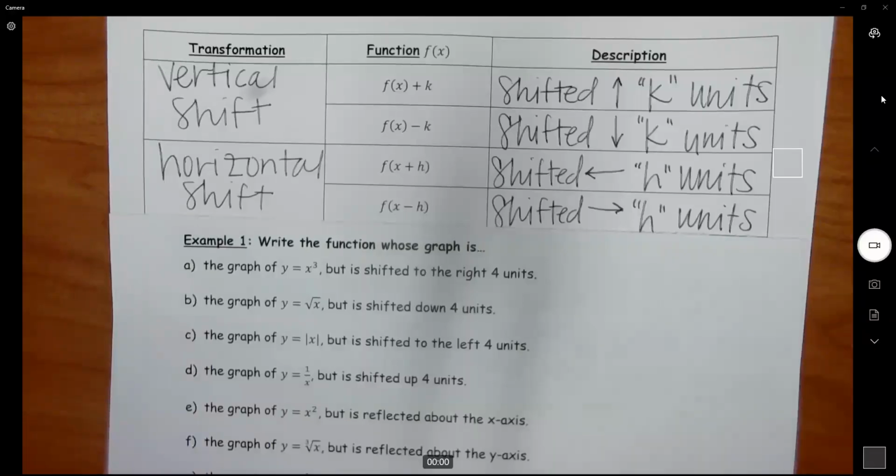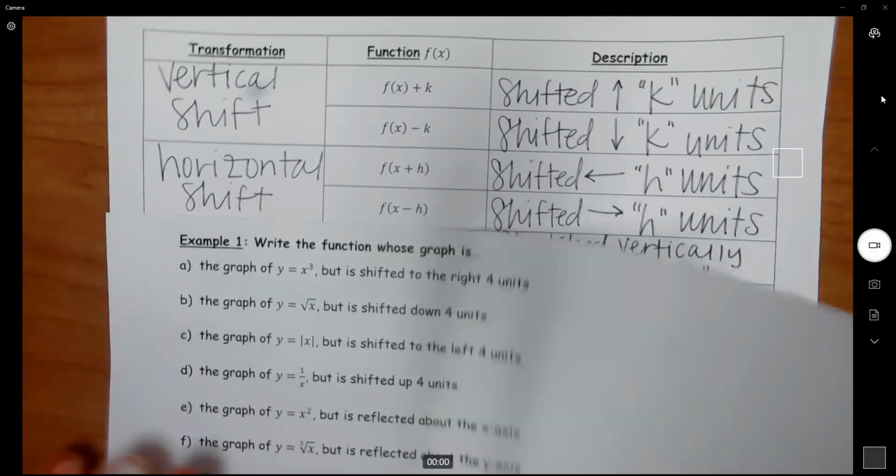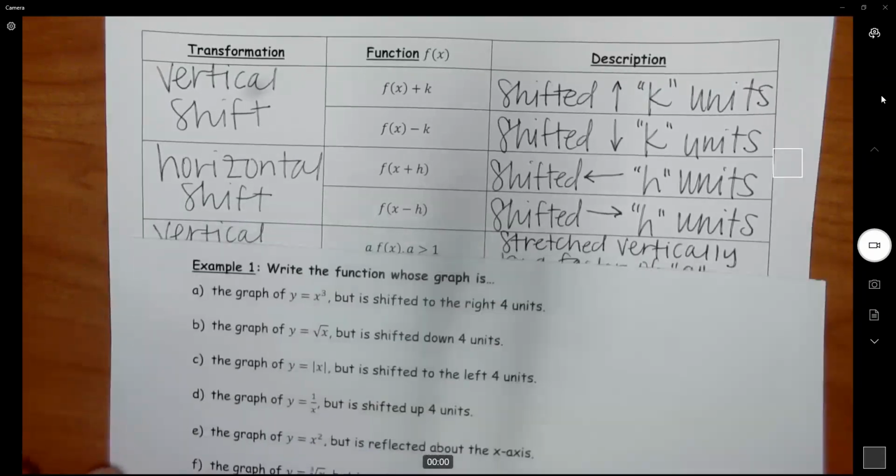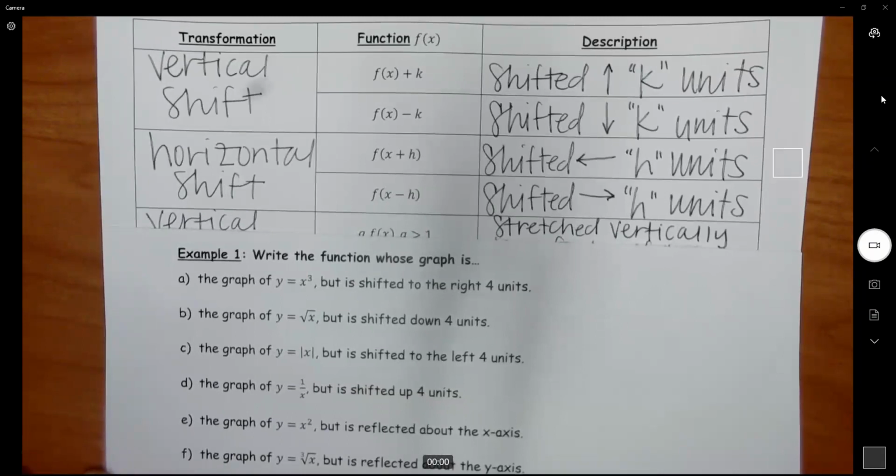All right, we went over the transformations. We went over this chart, so if you didn't get it copied down, pause the video and copy it down. But we went over this with a little bit more details with some examples, so hopefully those examples specifically really made a difference here. And so now to our first example of the lesson, we need to write the functions